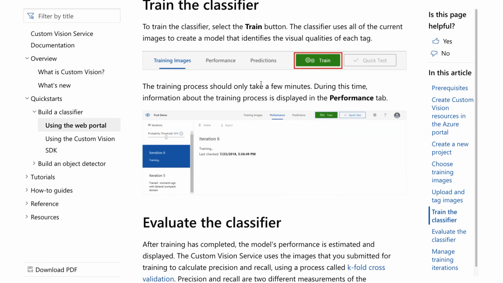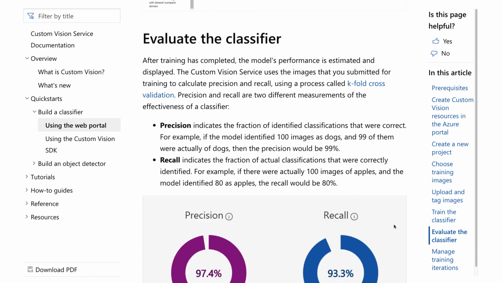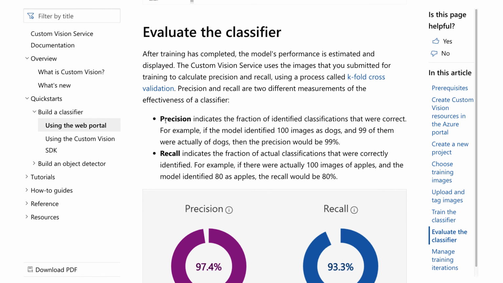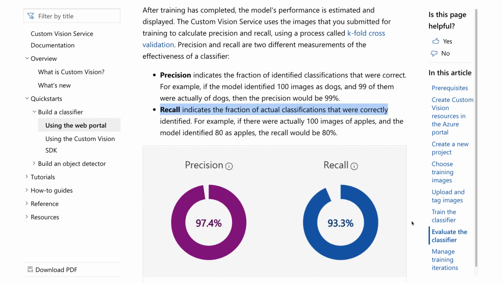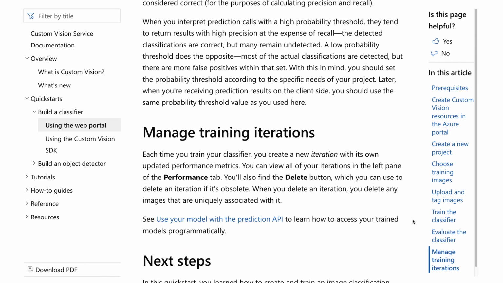So again, it looks very similar here. I select the Train button, the classifier uses all the current images, and then finally I evaluate the classifier. And again, just like Google, just like Apple, to evaluate the classifier here, we would look at precision and recall. Precision is the fraction that were correct, and recall is the fraction of the actual classifications that were correct. And then we look at the probability, like how confident is the model,